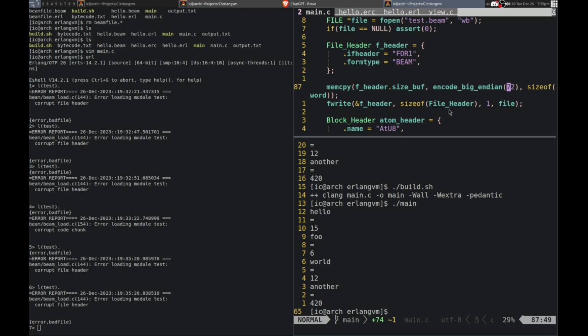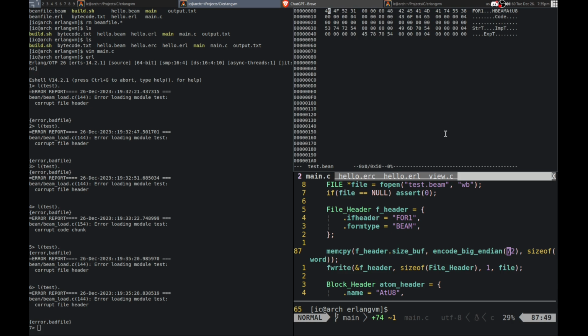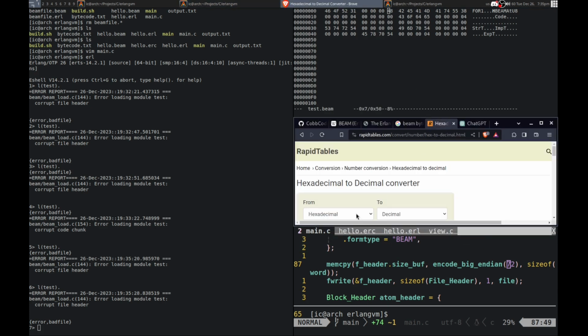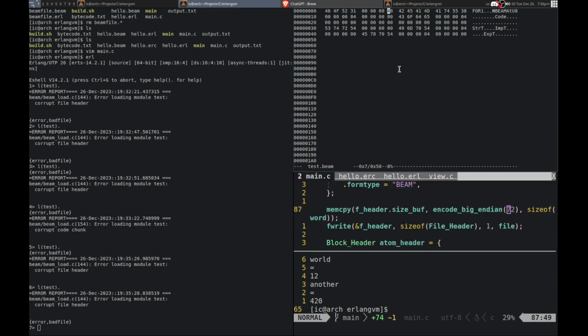I don't know why the file header would be corrupted. 48, which is 72, right? 72, 114. Oh shoot, no, I was doing nothing. 48 is 72. Yeah, that is what I want actually. So why is that corrupt then?